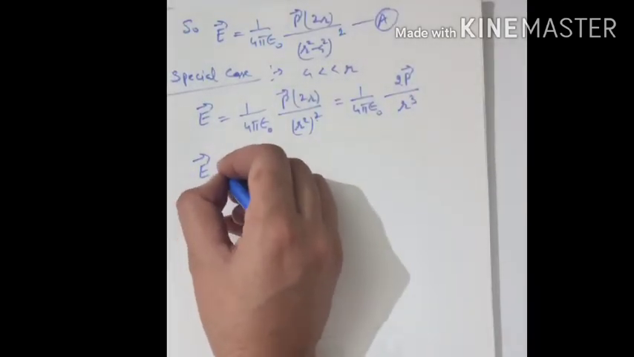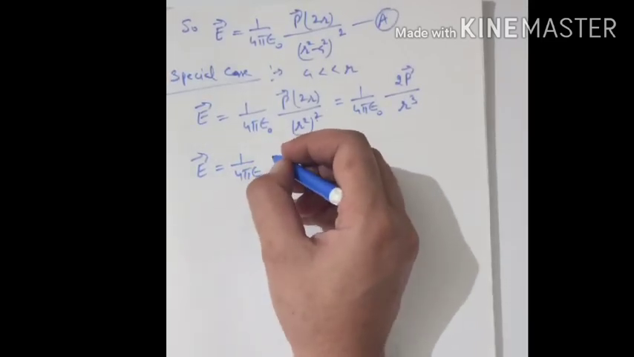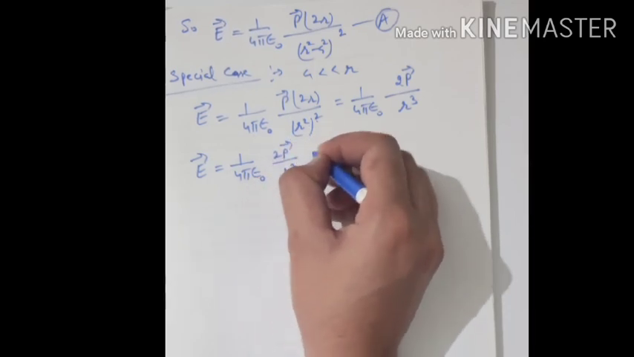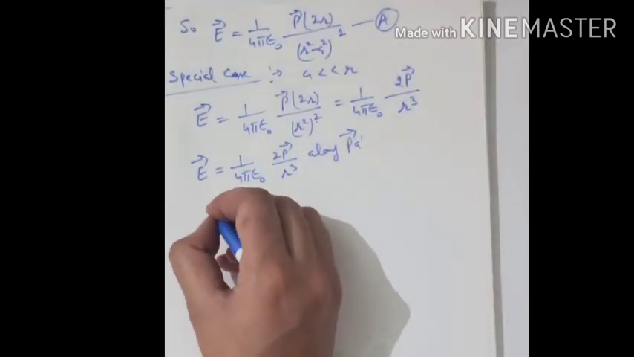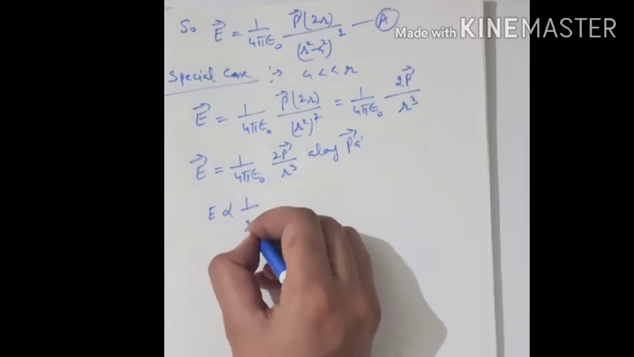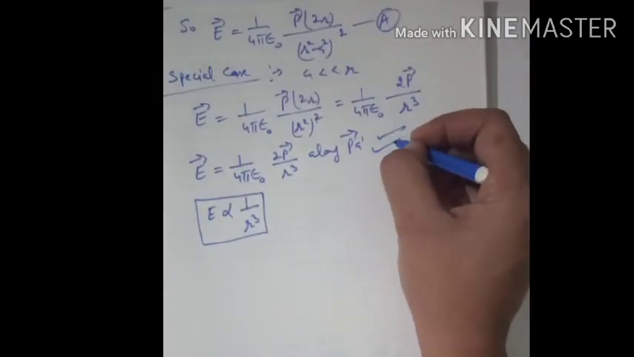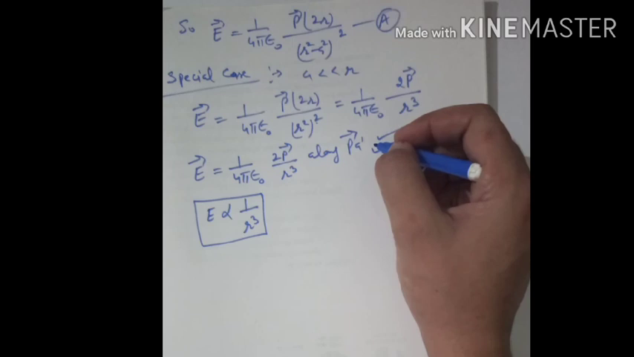So this is the electric field intensity on the axial line due to a dipole: 1 by 4 pi epsilon naught, 2 p vector over r cube, along the PA dash vector. So it gives that E is proportional to 1 by r cube. This is the expression for electric field intensity on the axial line due to an electric dipole. So the direction of electric field intensity at a point on the axial line due to an electric dipole is the same as that of the direction of the electric dipole moment, which is